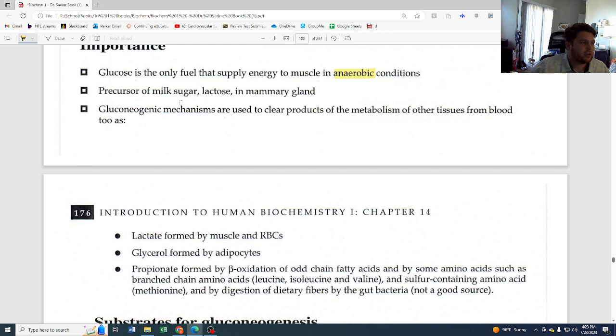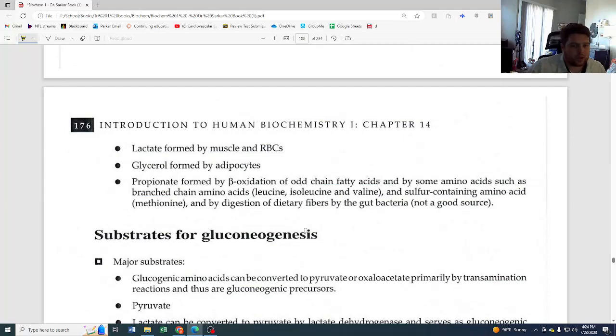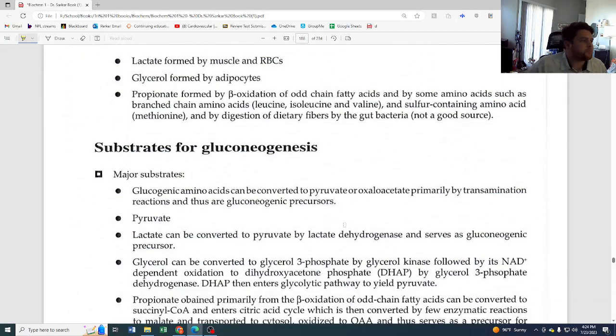So this is saying that with other metabolic reactions, such as the forming of lactate and glycerol, as well as the other products formed from beta oxidation, we end up with certain products that we need to be able to break down, and the body needs to be able to use them to do something. So gluconeogenesis is going to take those end products, such as the lactate or the glycerol, and plug them through in order to get energy out of them. That way they don't go to waste, and they actually get cleared from the body.